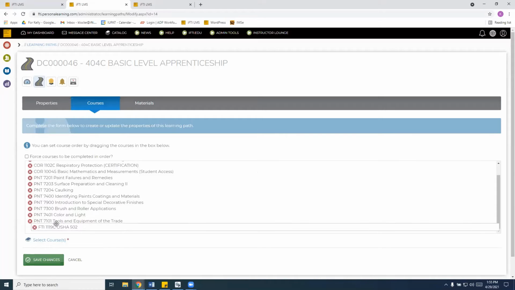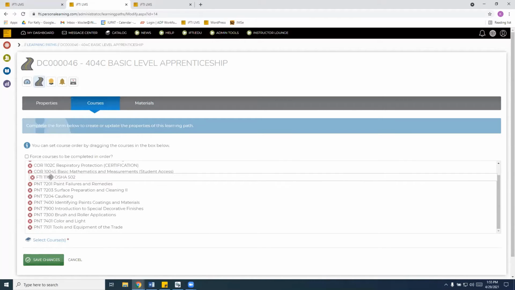You can click and drag the courses to place them in order. Now, that's something that could be up to you, whether you want them in alphabetical order, or in order of the way that your apprentice sees them. That's up to you. Kelly, does that answer the question?